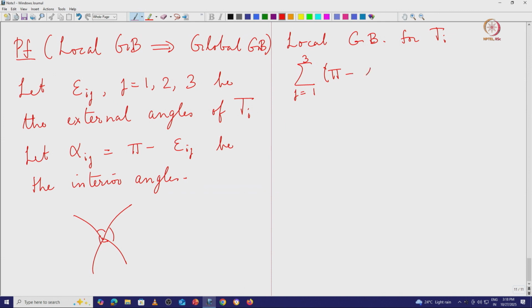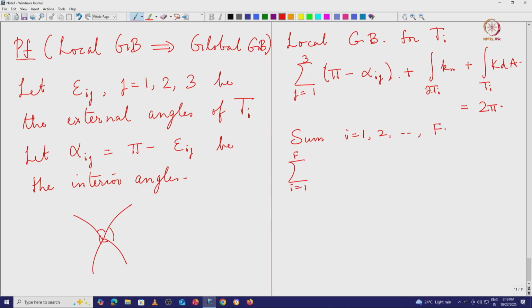If you apply it to each triangle, so for the triangle Ti, we have the sum of the external angles, which is just pi minus the interior angles, plus the integral of the normal curvature on the boundary, plus the integral of the Gauss curvature on the entire region. This is equal to 2 pi. So now I sum over all the triangles. There are capital F number of triangles, so if you sum over i from 1 to F,